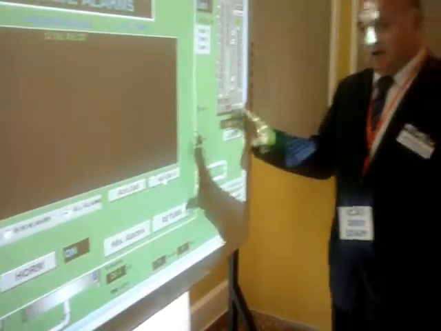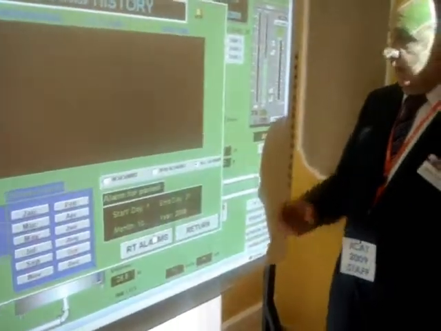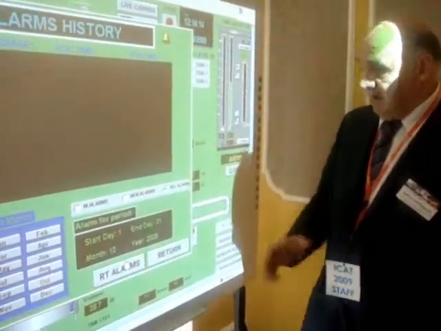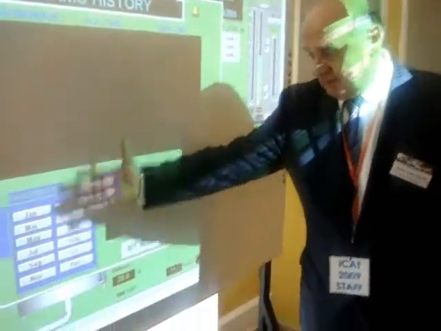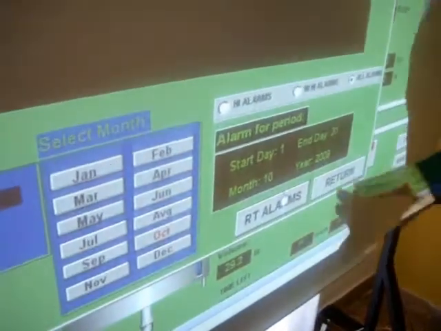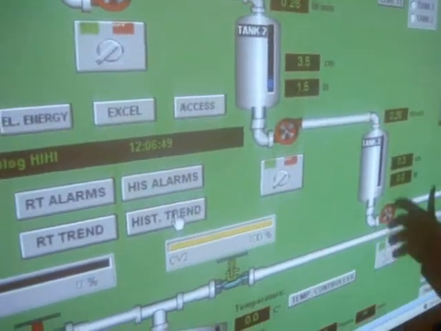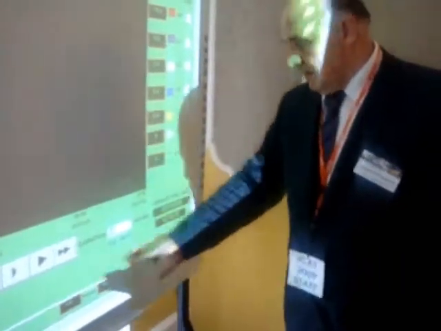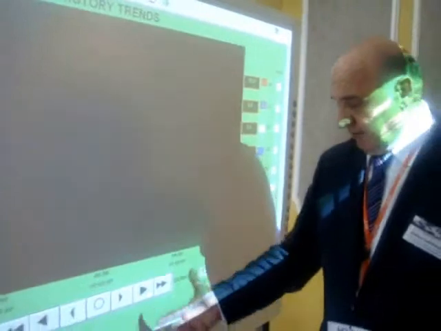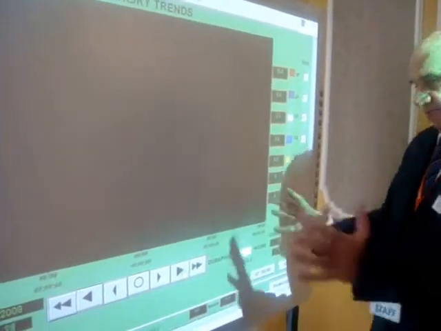So I found that very useful. We can get also historical alarms from any part of the months of last year, last day and so on, or we can see how the plant was changing in time, like historical trends. It takes some time because there is a lot of information that has to be transferred from the server to this location. So historical then take